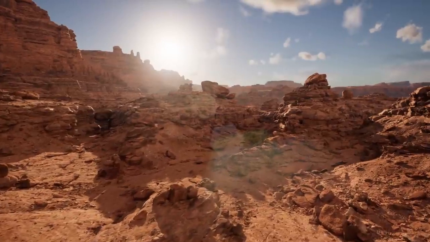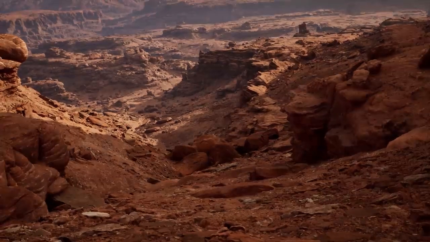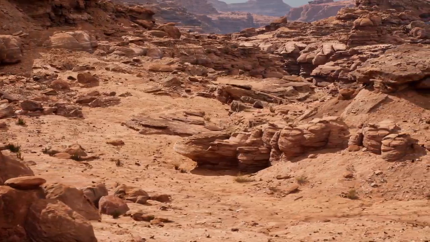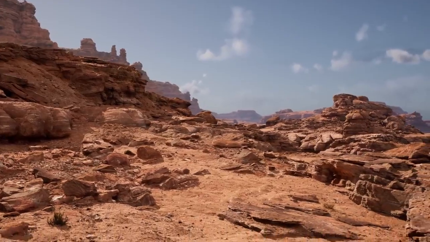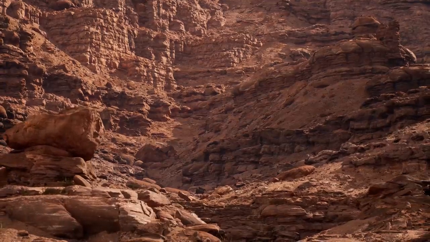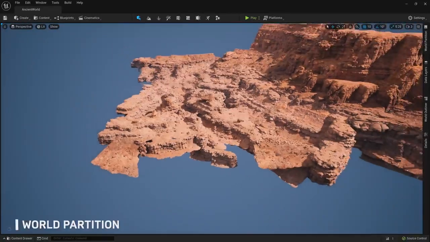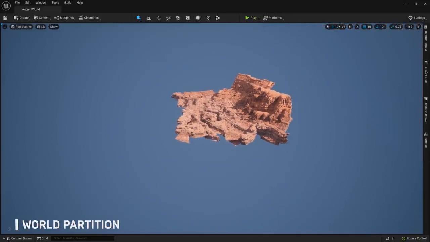With UE5, we are reimagining what collaboration looks like for teams and projects of all sizes. A common challenge when collaborating on large worlds is deciding how to structure map content so that everyone on the team can easily work without asset contention, while also avoiding painful merge conflicts. A new system called World Partition makes traditional world-building workflows obsolete by changing the way that we think about map